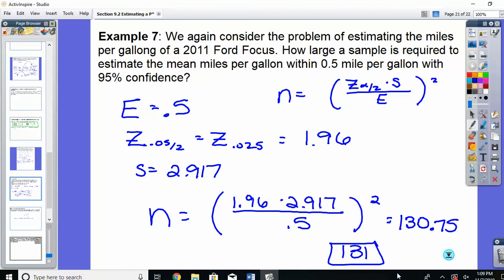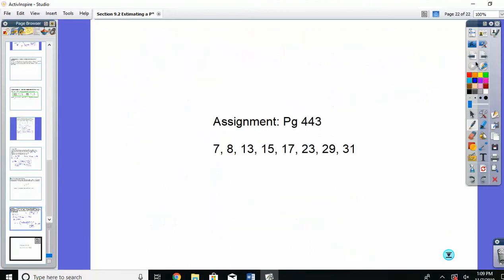Okay, so this is the end of the section. Homework, we don't have a ton of time, but we've had a lot of work days lately, so I think this is manageable. There's 8 problems. They are not all